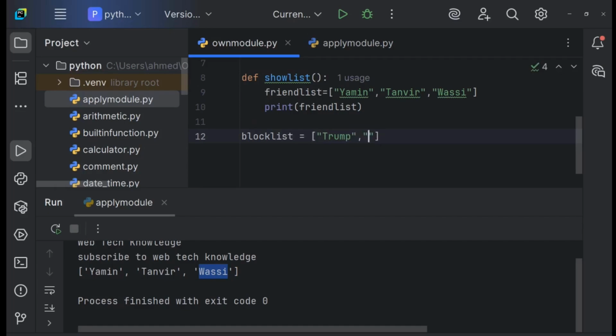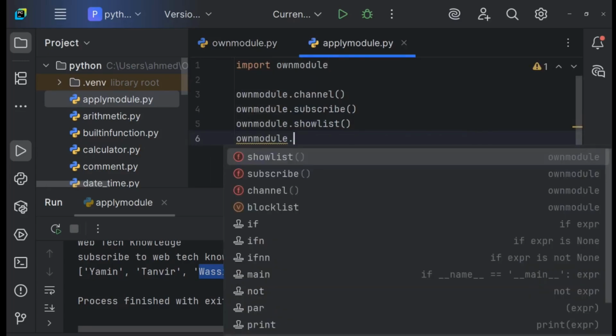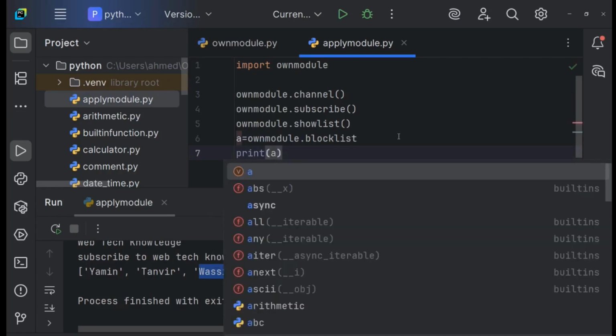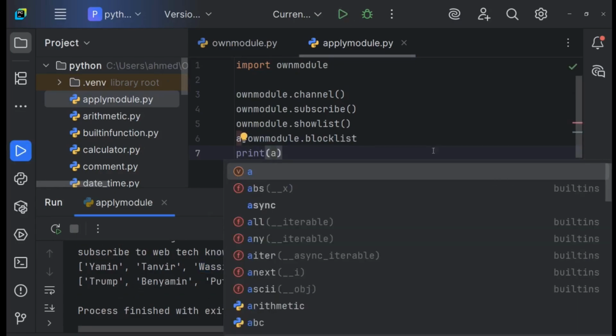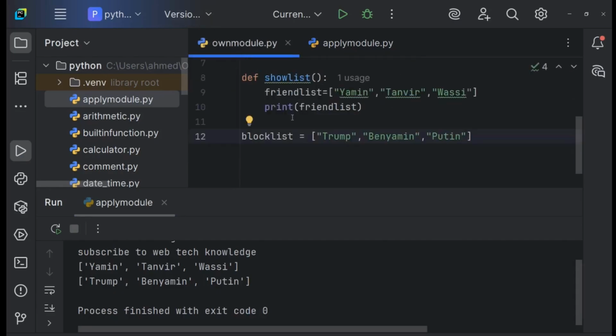I want to say Benjamin, okay, and I want to say Putin. Now let's say I want to access the block list from own module dot block list, and let's say I want to print it, so I will say a variable is equal to like this, and I want to print the variable a, and now execute it. Here you can see Trump, Benjamin, Putin, and so on. So this is how we can declare our own module, and we